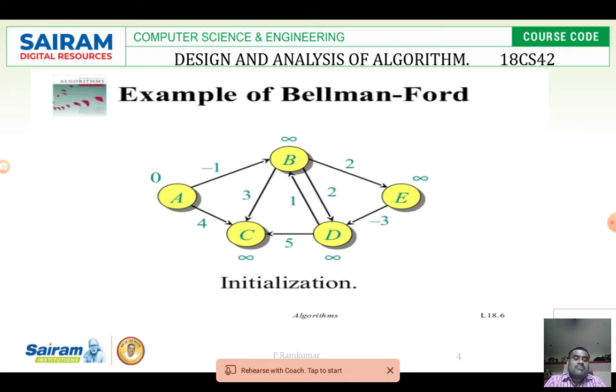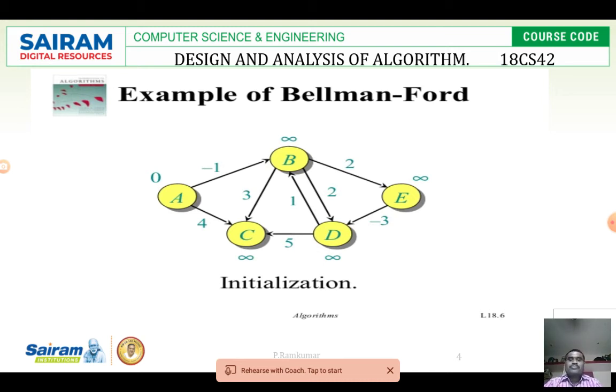So the time complexity will be order of n. Sometimes if I multiply both values, the time complexity will be order of n squared, provided n into n minus 1 by 2, so it will be n squared, so order of n squared. Now I have to apply the relaxation method 4 times, but in some graphs it does not require 4 times. Instead, in 3 or 2 times all the vertices can reach their maximum level. So we will stop there.